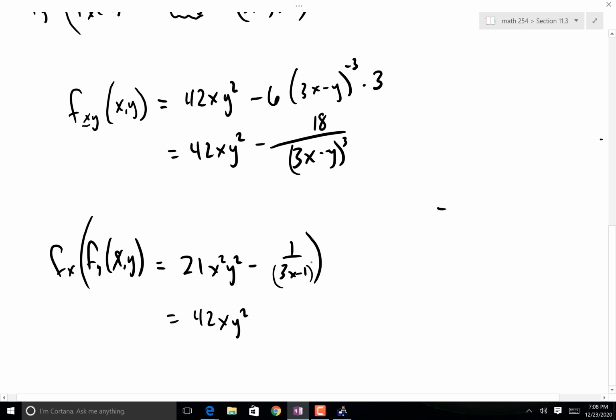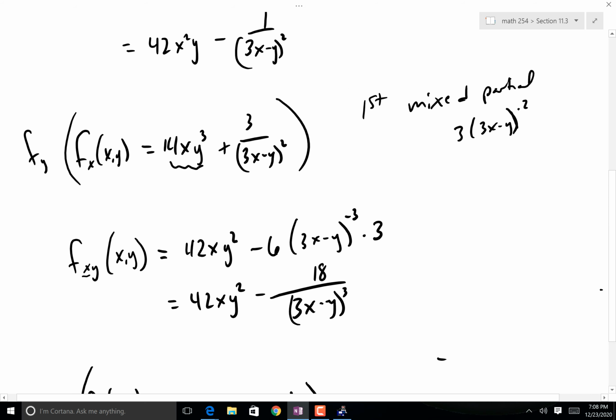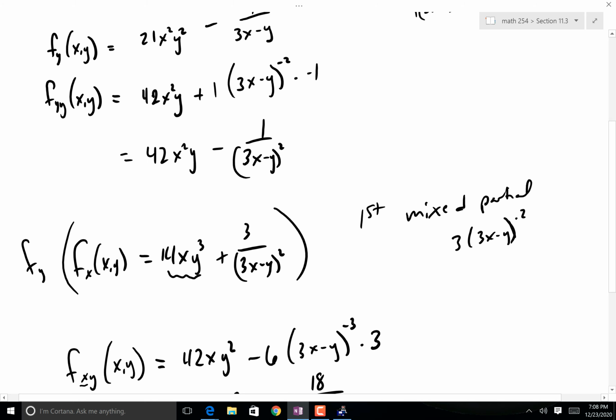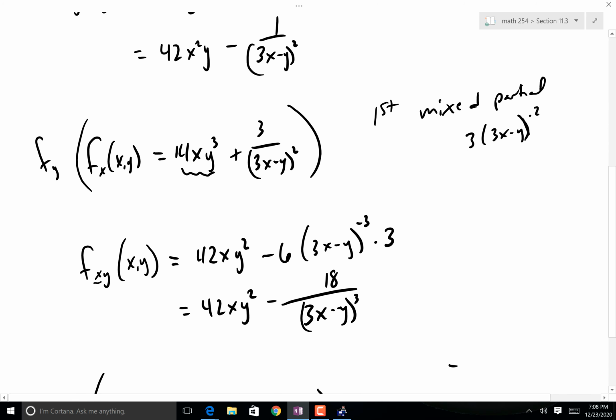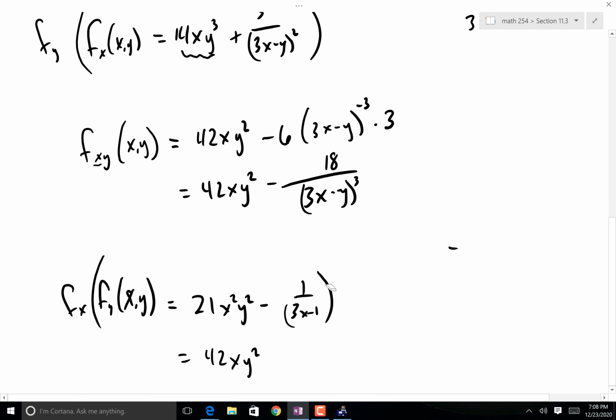This was to the negative 2, I think. That was squared, right? Correct. No. No, it wasn't. Sorry, no, it wasn't. It was to the first. Now it's going to be squared. Sorry. So this is really negative 1, 3x minus y to the minus 1. So it's going to become positive, right? Positive. And then it's going to be